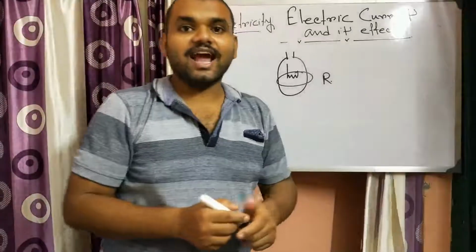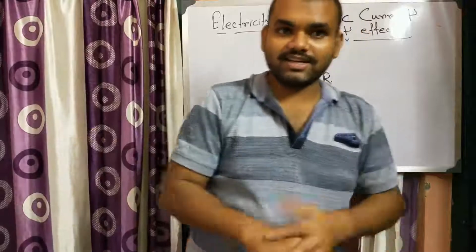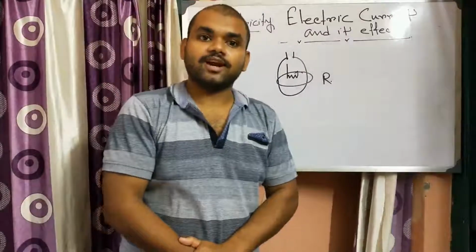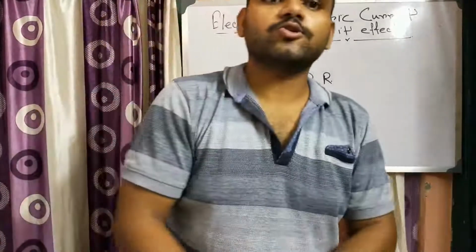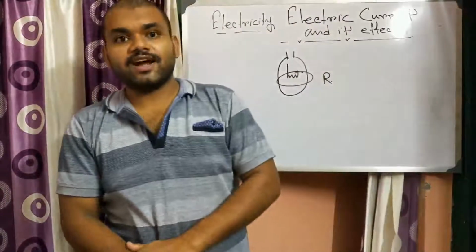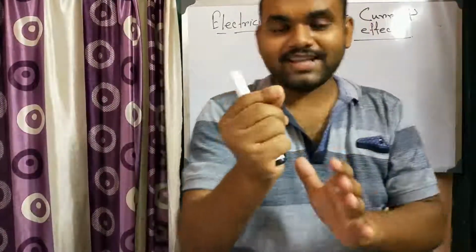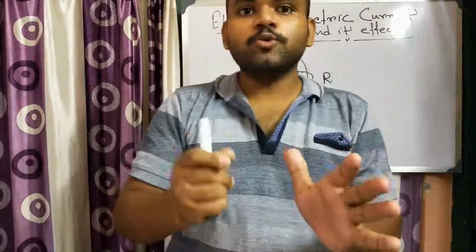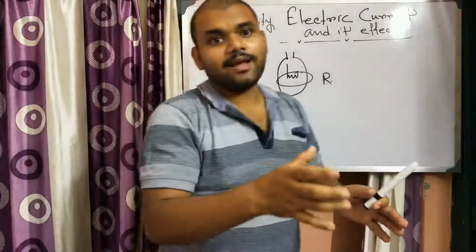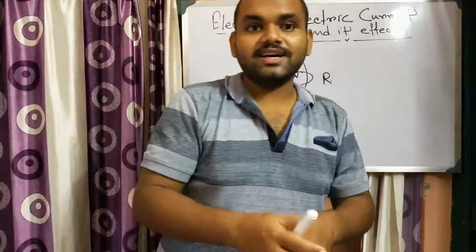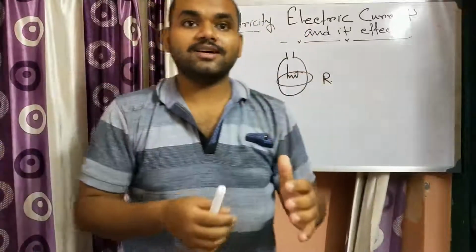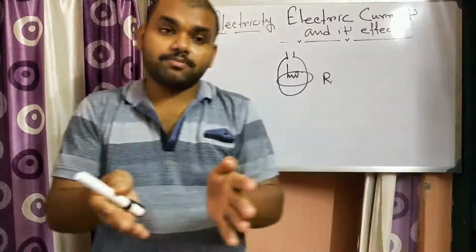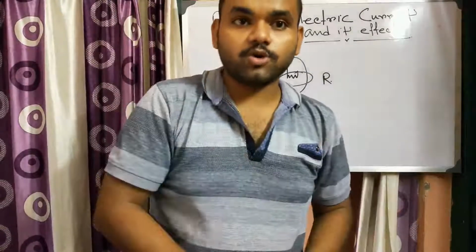Another is the electrical iron. We press clothes with an electrical iron. So this electrical iron is also an example of the heating effect of current. Room heater, electric heater, these are also examples of the heating effect of current. Another, there is a particular circuit component used in a circuit so that the electrical appliances can be saved from overheating, or from over current, or in case of a short circuit.